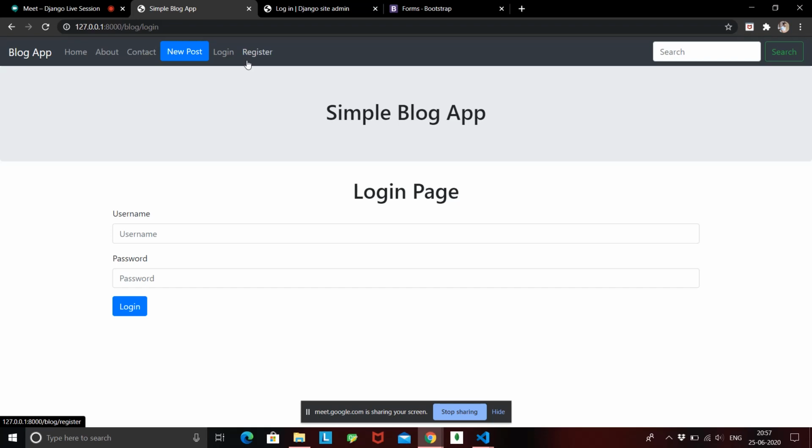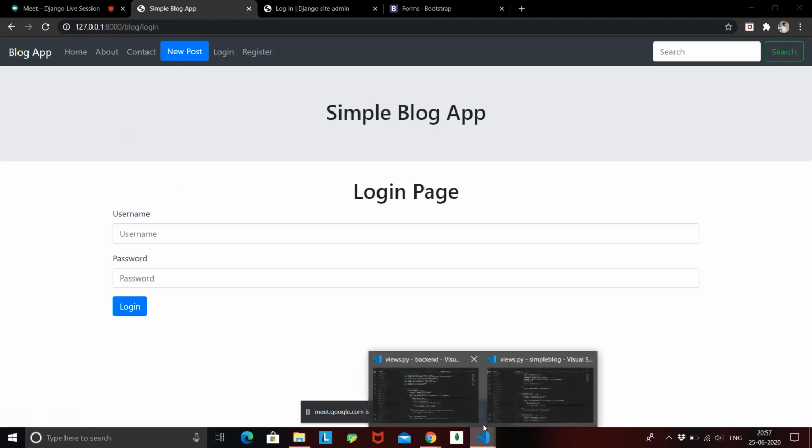So now how can we check that if the user is logged in, then show us the new post button, and if he is not logged in, then show us the login and register button? Let's create that little thing, and that can be done again using conditional statements. We can just say, if the user is authenticated, that is if the user is logged in, show us this new post button. If the user is not logged in, show us the login and register button. And that can be done inside the base layout where we have this nav bar.